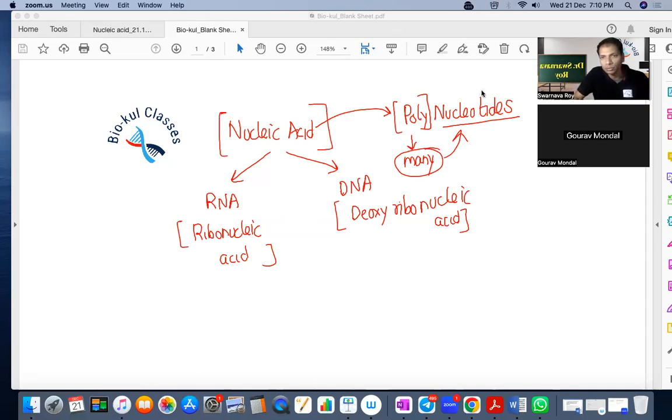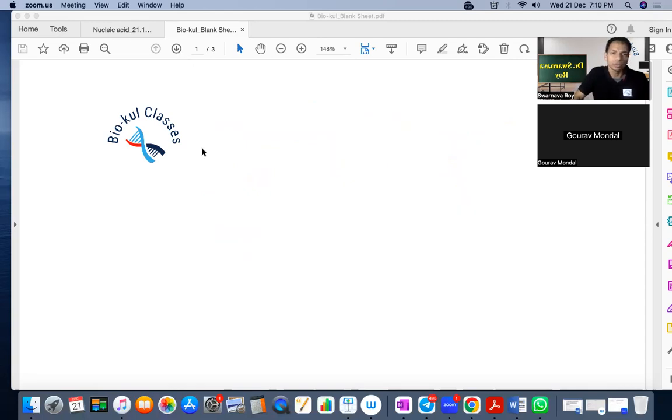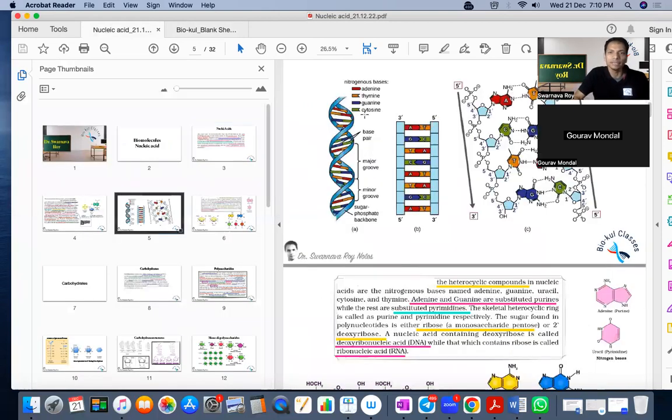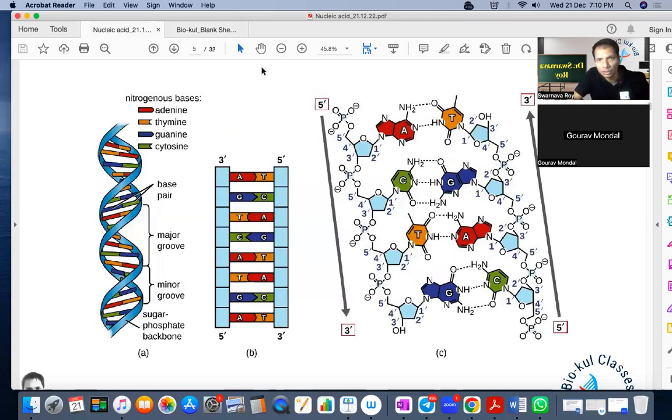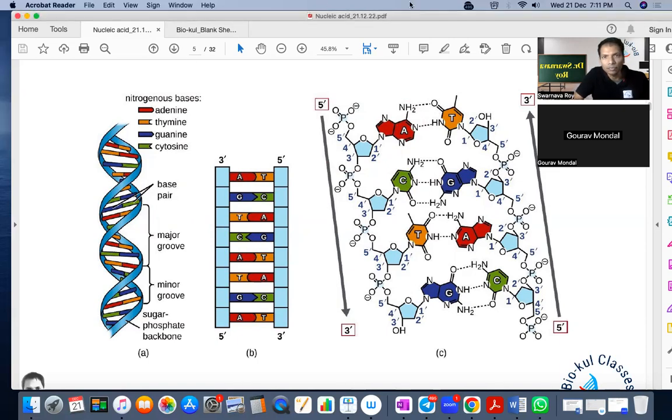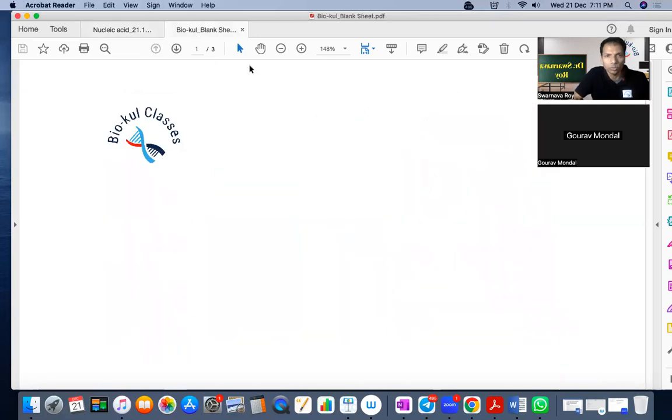Okay. So let's go to the notes. And first thing, this is basically a polynucleotide. So if you can see, Gaurav, each of these, this whole thing is a nucleotide. Why is it a nucleotide? Because a nucleotide is made up of,